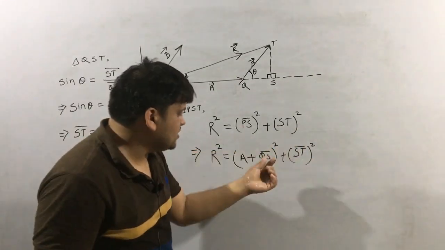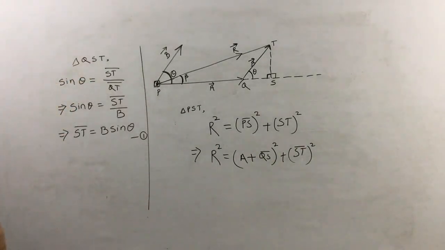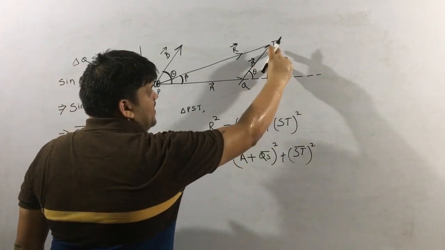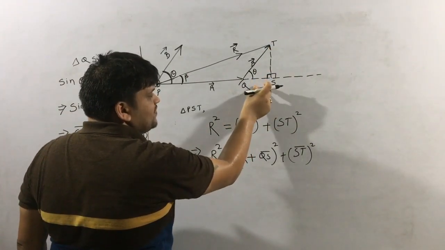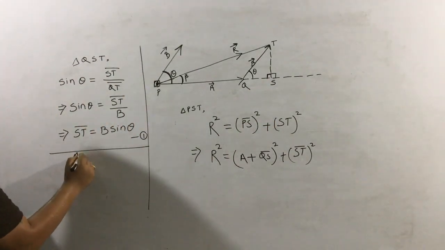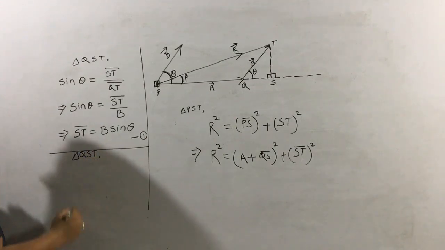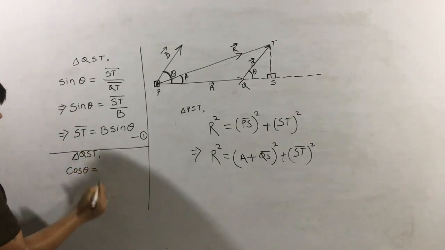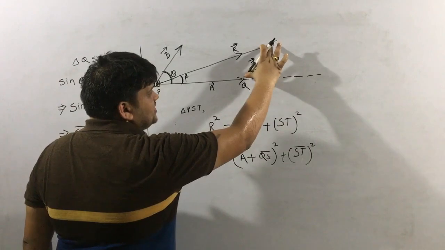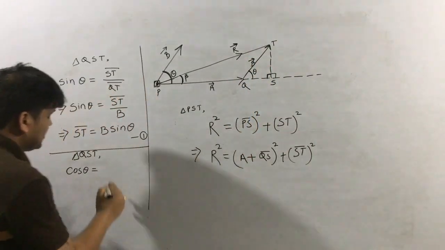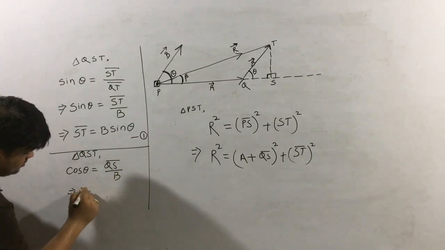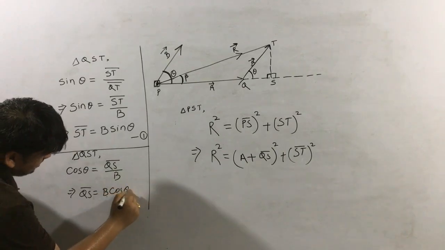So that part is completed. Now let us write QS. If you have understood this, then obviously QS is also in the same triangle. To find this perpendicular you used sin theta, means to find this base, obviously you have to use cos theta. If you have understood, it's okay. Otherwise remember what you have to do. In triangle QST, again you can write cos theta equals base by hypotenuse, means QS by this, which is again B. So I can write QS by B, or QS equals B cos theta. This is equation 2.